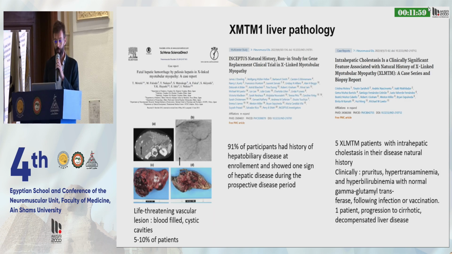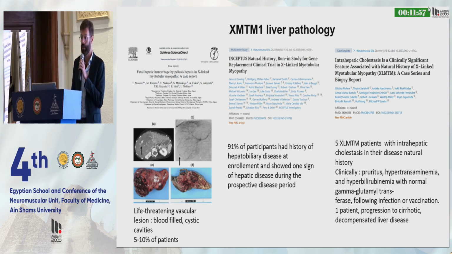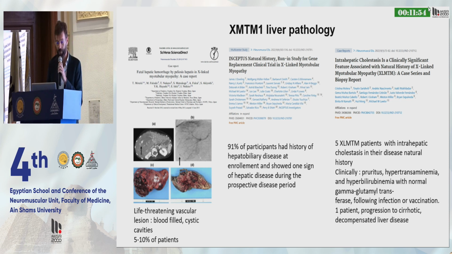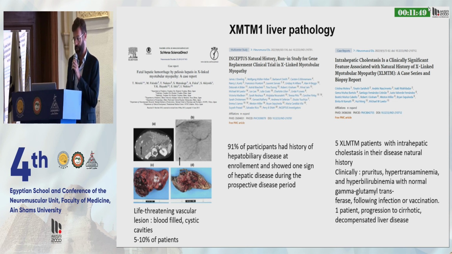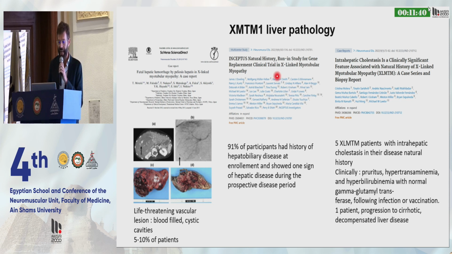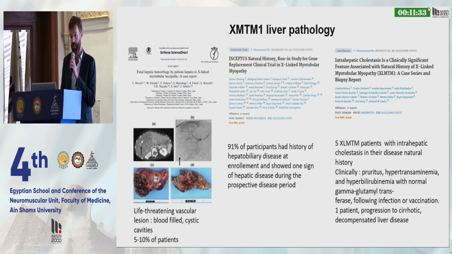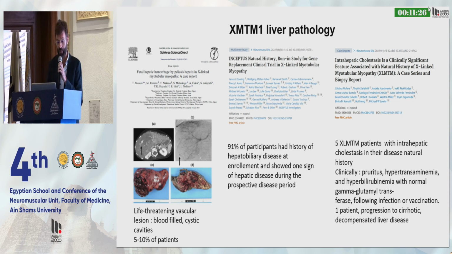In fact, this patient presents a liver pathology that was described previously, but it was overlooked when they went into the clinical trial, because 5 to 10% of patients have this hepatic peliosis. And what they found, analyzing the data of the clinical trial, is that 91% of the participants had a history of hepatobiliary disease. So very important, we have to characterize this patient exactly,